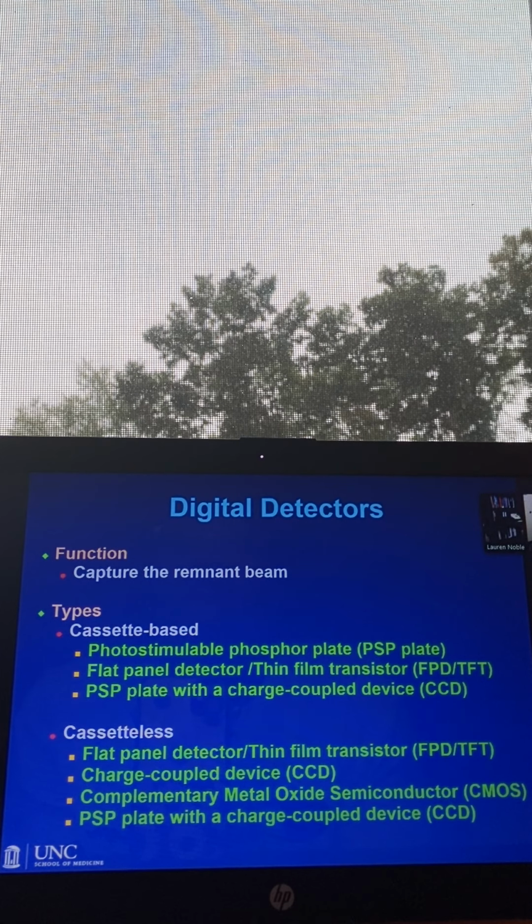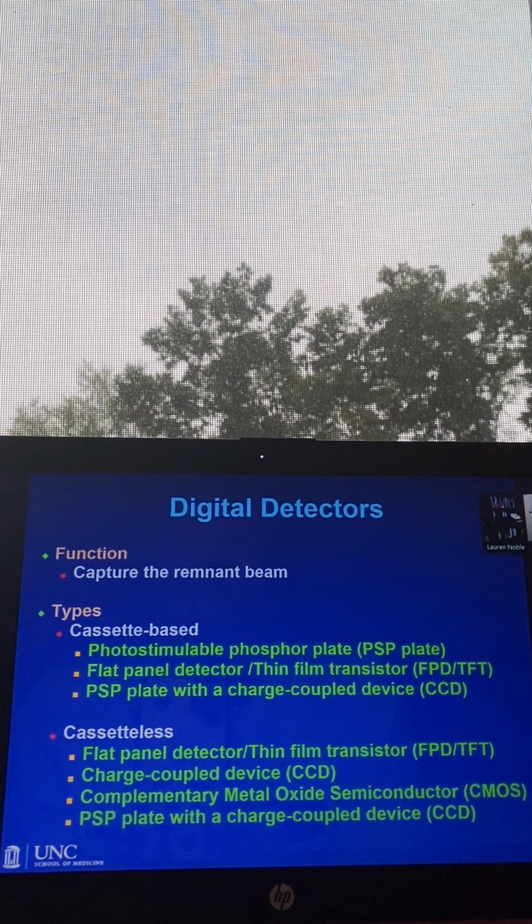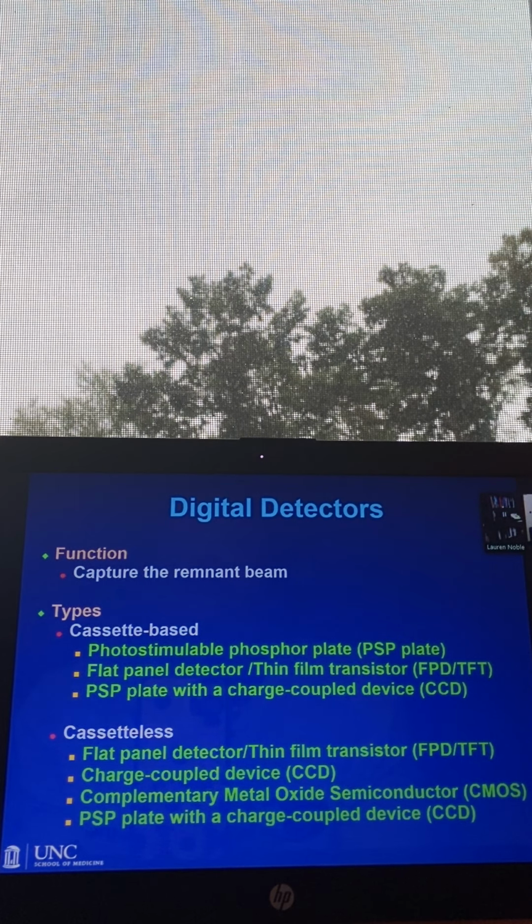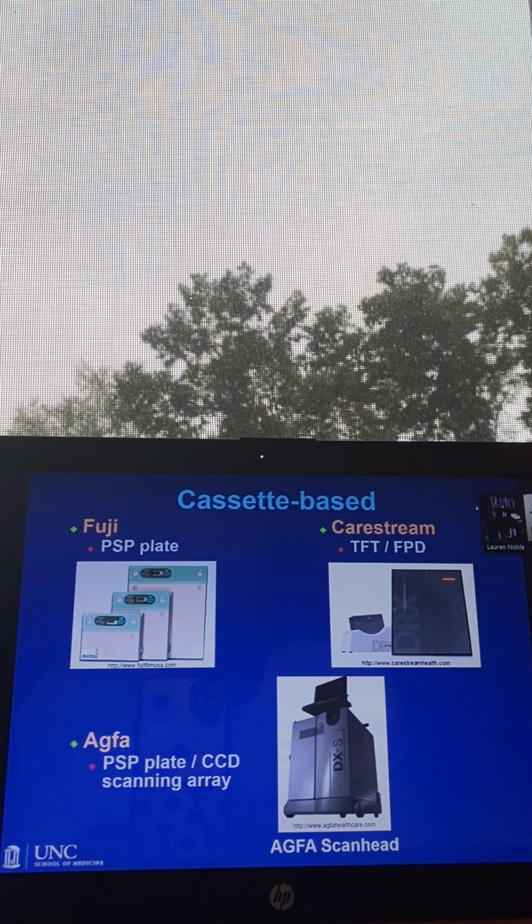There are some other types of imaging technologies that we'll talk about next fall. These are more of the so-called traditional detectors, so to speak, although they're extremely common. This is what most facilities use, but there are some new technologies out there, and so I'll share those with you next fall. So just as a look here to see what these things look like, examples of cassette-based, this